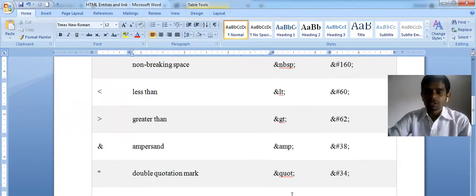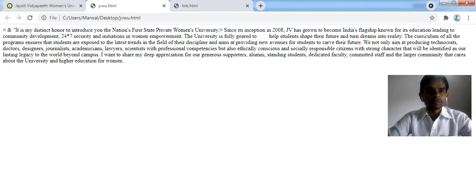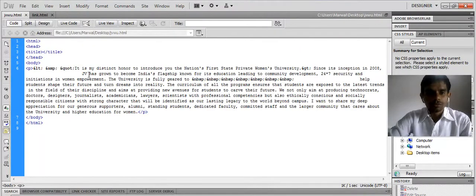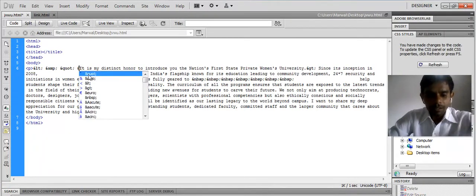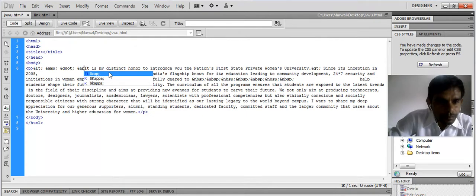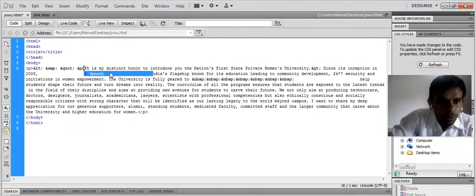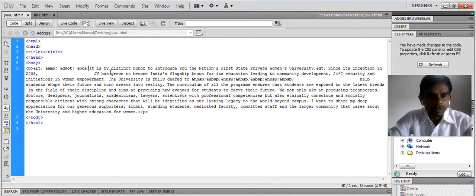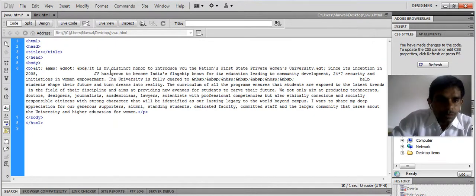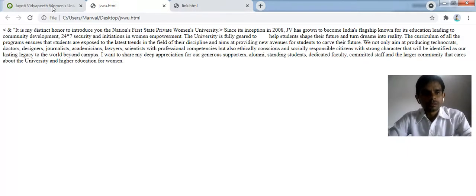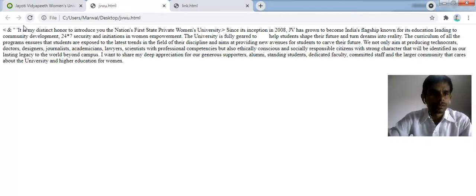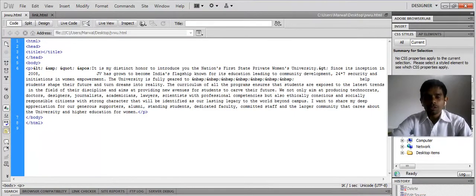If you want to use a single quote, you can use ampersand APOS and terminator. Let's see what the output is. There is a single quote.